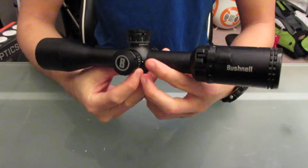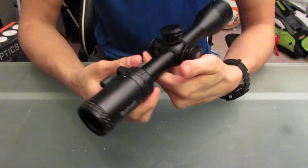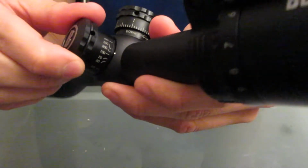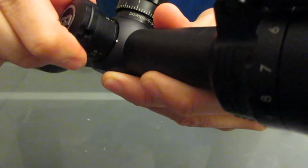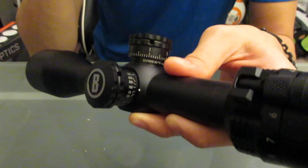So some things that are new between this and the older version that I was looking at. The main thing is the parallax adjustment on the left-hand side of the scope. Now you do have a little turret for your parallax adjustment there, and I believe the old ones were set to 100 yards fixed parallax, which honestly, if you're shooting out to even 300 yards, you probably won't even notice